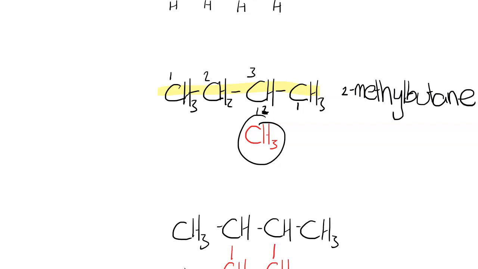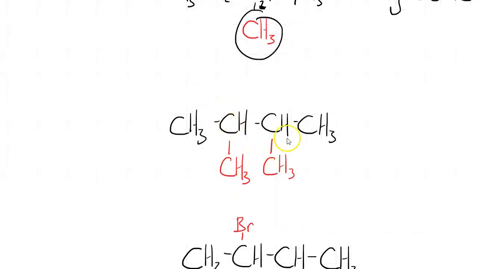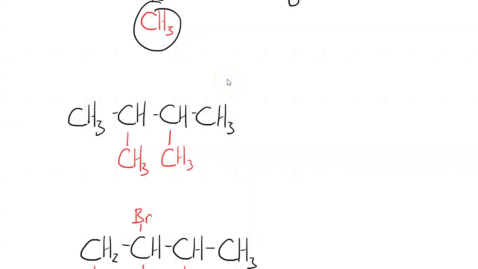Notice how I've got a hyphen here between the number and the word "methyl". So anytime you've got a number and then a word, you use a hyphen. Moving on to this one here, we've got 2 methyl groups coming from this main butane molecule. So to name this one, I'll just give myself some more space, we need to show that there's 2 methyl